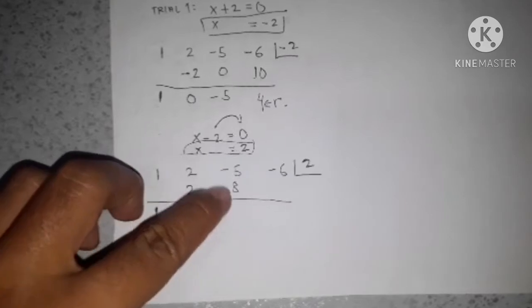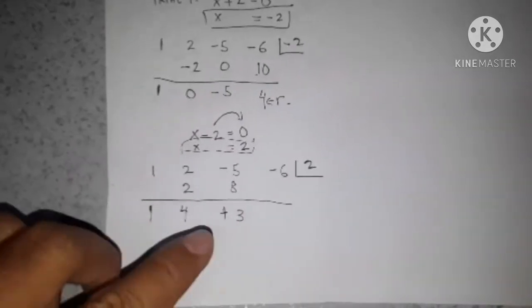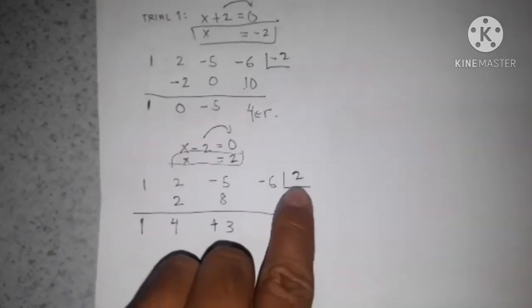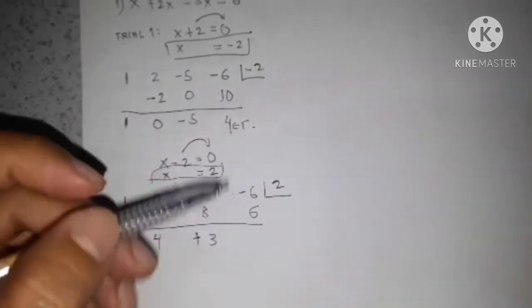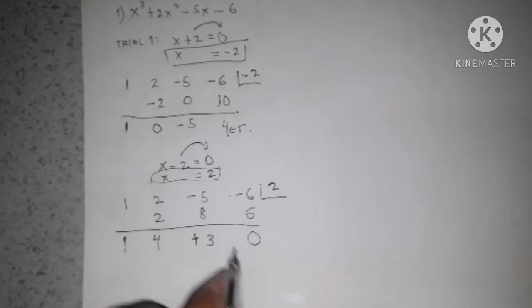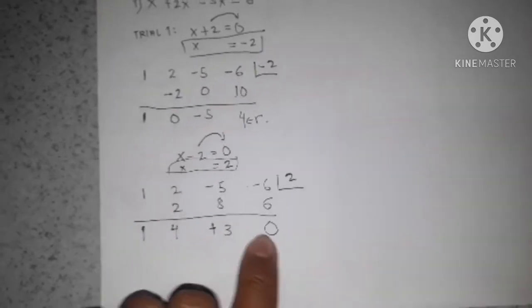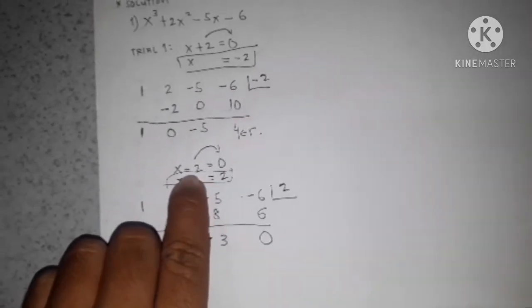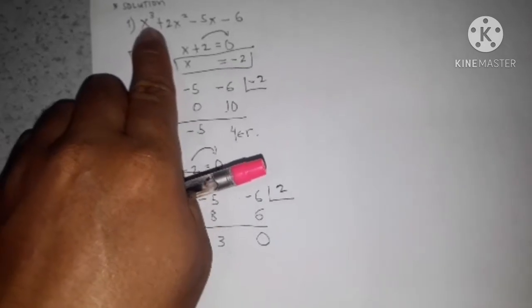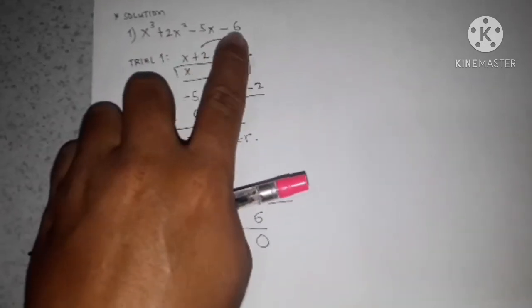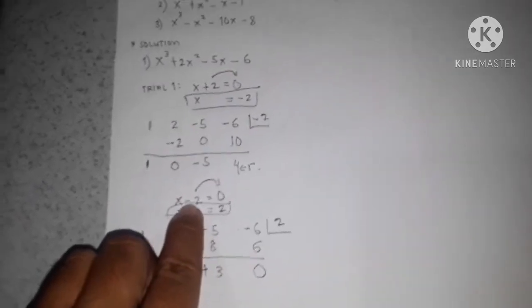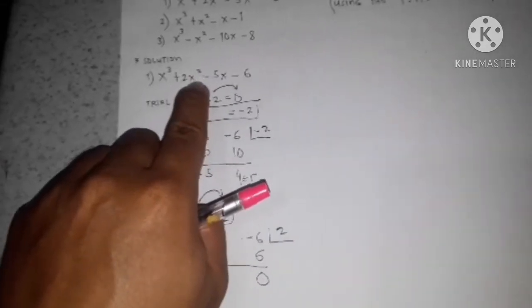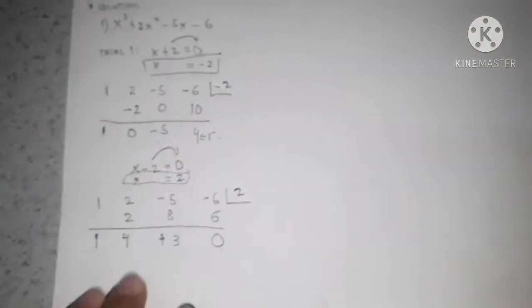And then negative 5 plus positive 8, sorry. And then positive 3 times positive 2, that is positive 6. Negative 6 plus positive 6, that is 0. So, since the remainder is equal to 0, yung x minus 2 ay factor ng x cubed plus 2x squared minus 5x minus 6. So, nakuha na ninyo yung isa dun sa 3 factors nito. And so, ang tawag natin dito is,